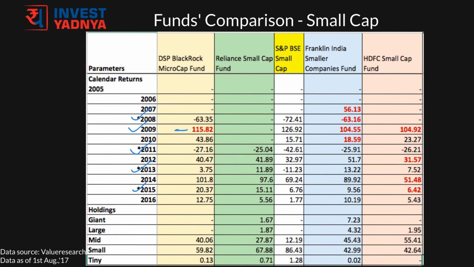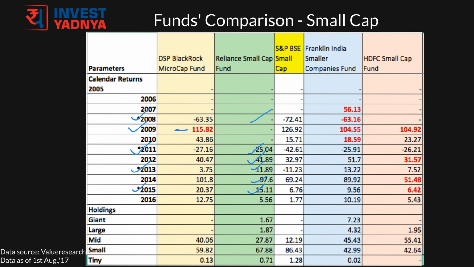Reliance Small Cap Fund, on the other hand, has not seen the major fall of 2008, but whatever time it has been into existence, it has been able to beat the benchmark. In the years 2013 and 14, it was able to beat the benchmark by more than 20%. In the years 2012 and 2015, it was able to beat the benchmark by more than 8%, and in the year 2011, it was able to control its losses way better than that of the benchmark, and the difference was